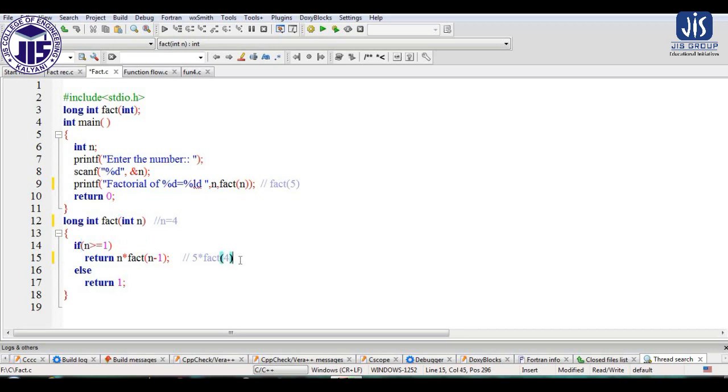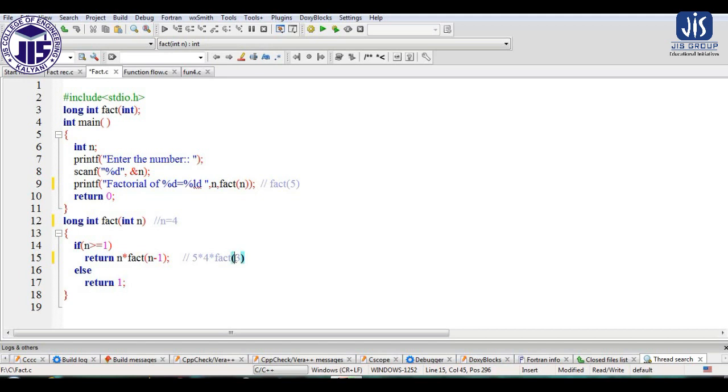So what will happen now? For this function, it will be the value of n, that is 4 right now, into fact of n minus 1, that is 3. So 4 minus 1, 3. That means again we are calling the fact function.